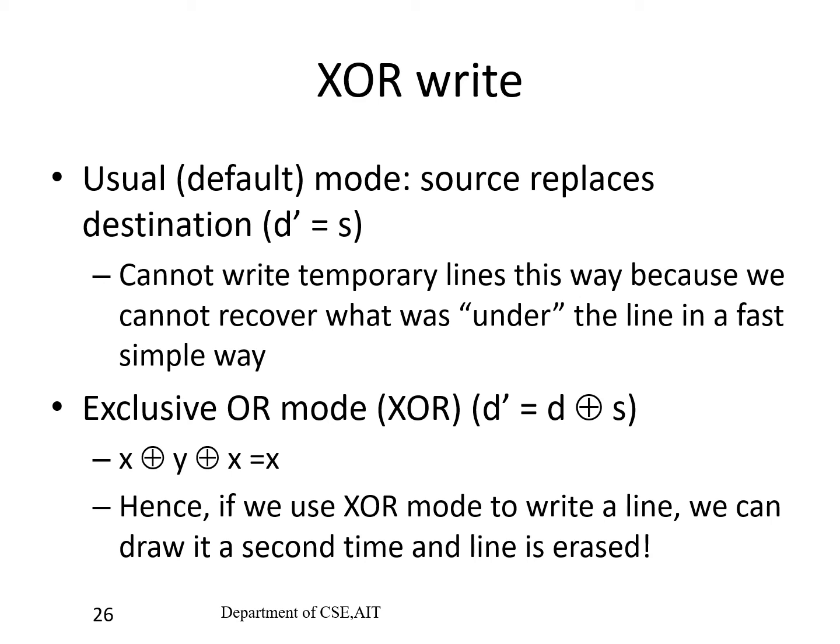So the interesting property about this XOR operation is we can apply it twice. When we apply this twice, it is going to come back to its original state. That means when I do X XOR Y, XOR X again, I am going to get my original information. That means whenever I draw something in the XOR mode, we can erase it by simply drawing it for the second time.